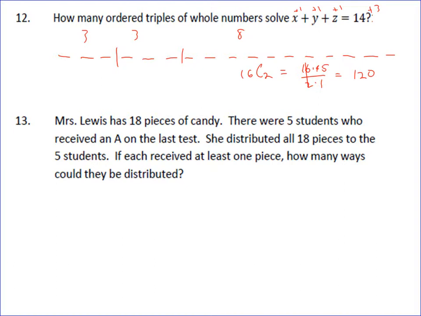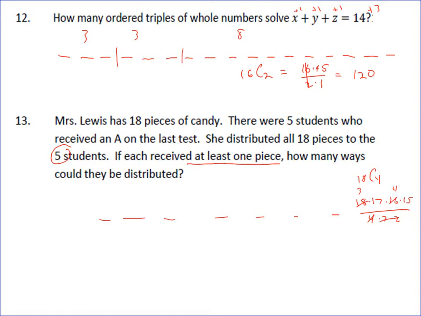13 is a similar problem. Mrs. Lewis has 18 pieces of candy, and she wants to give it to 5 students. Now it says each receive at least 1 piece, so we don't have this problem of 0, so we just put our 18 slots down, and then because there are 5 students, to separate it into 5 different groups, we need 4 slots. And so it just turns out to be 18 choose 4, which would be 18 times 17 times 16 times 15 over 4 times 3 times 2. When you cancel this out, that becomes a 3, the 4 cancels with that, and you get a 4 there. And so you end up with 12 times 17